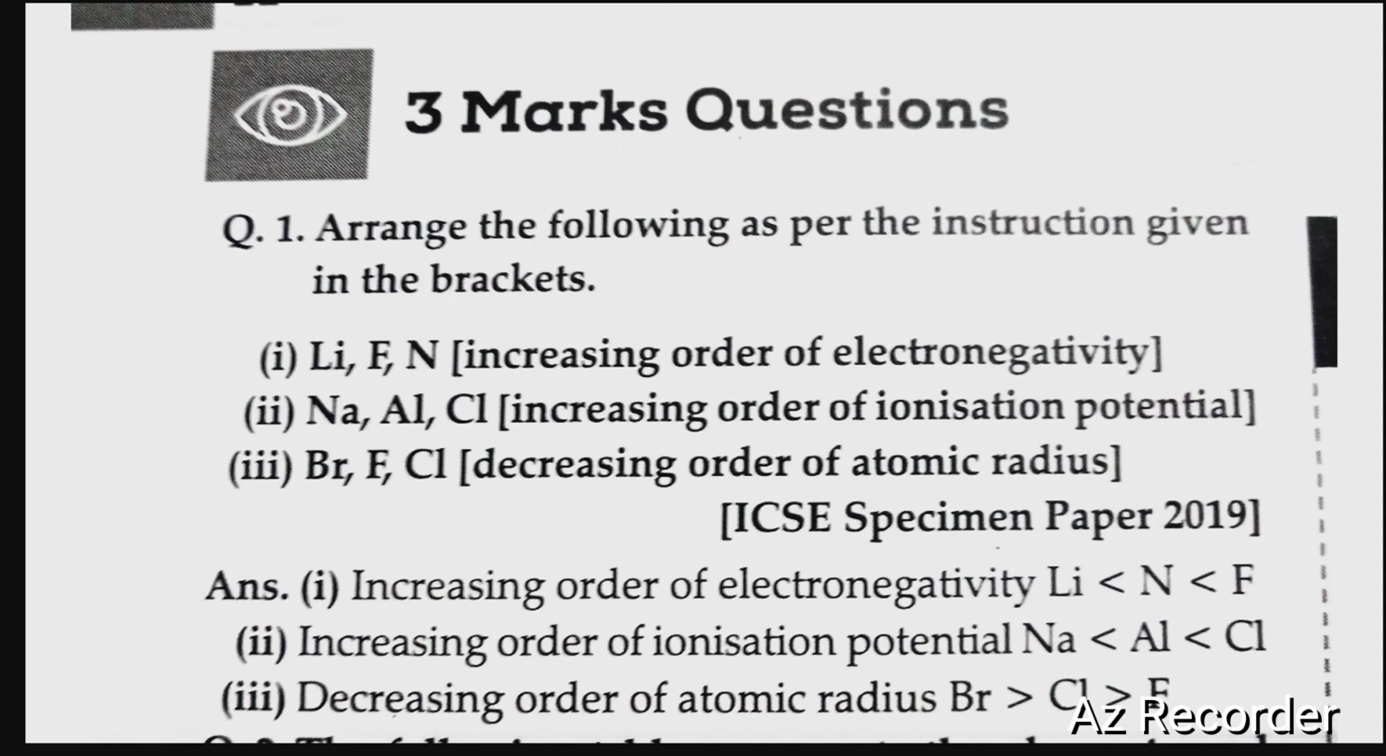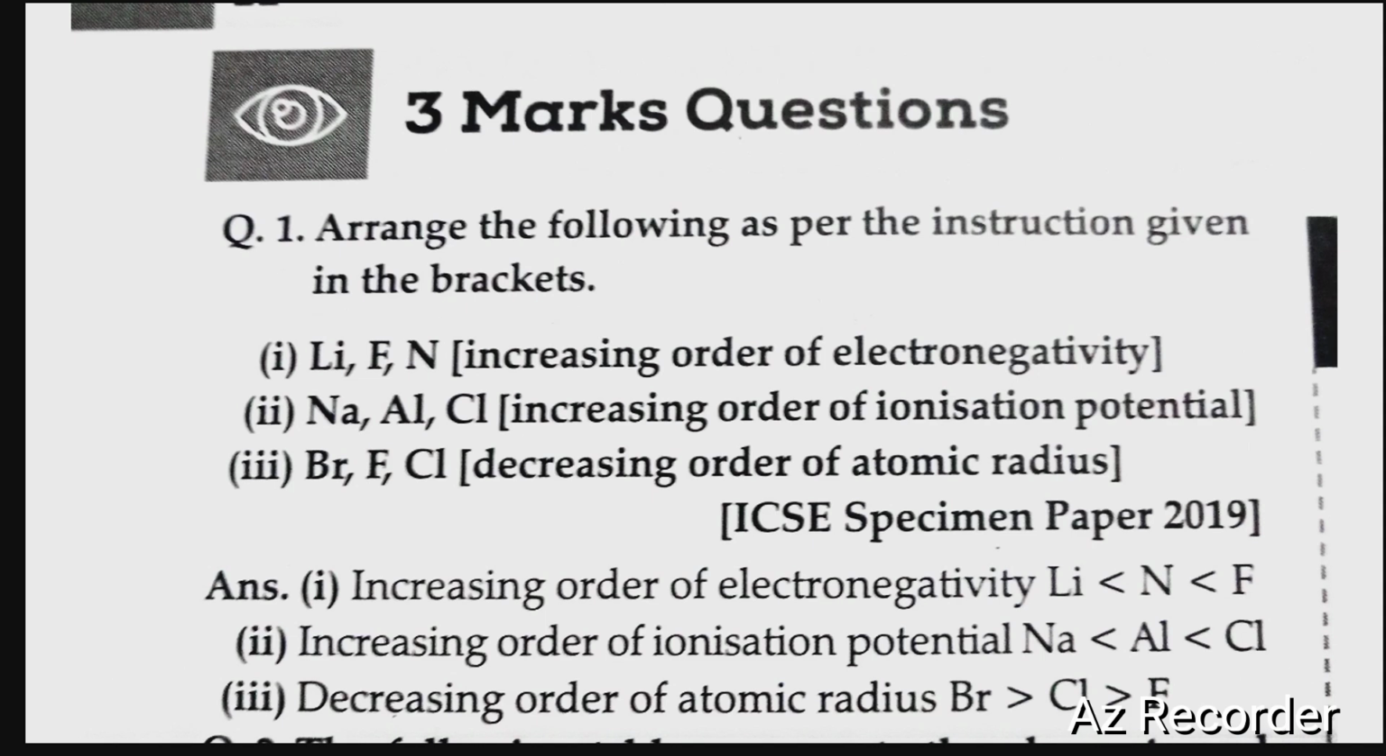Okay, so in this chapter basically we are discussing 6 periodic properties, which include atomic size, metallic character, non-metallic character, ionization potential, electron affinity and electronegativity. Okay, so based on the trend of these properties in groups and periods, you will be asked to arrange the metals or the elements of a given period or a group according to the instructions which will be